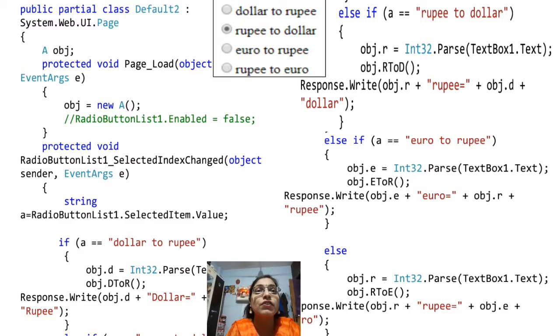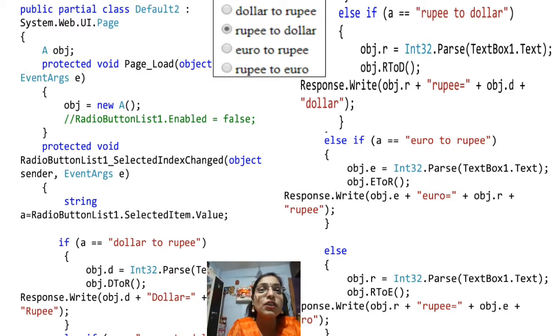The interface was: first we are having a text box, then we are having a radio button list. So in this example, I did the same, that is obj.d. All the methods and all the D, R, E variables are part of class A, so we cannot use them directly. For the same, we have to use an object of class A, that is obj. This is the reason why I have written obj.d equal to Int32.Parse in round brackets. It is not visible, but within the round brackets the text is TextBox1.Text.